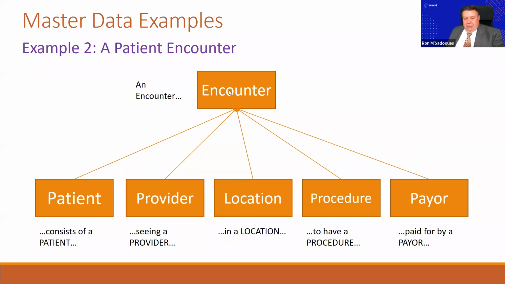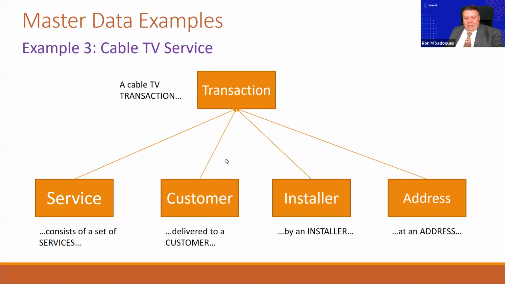Second, a patient encounter. So an encounter is a patient being seen by a provider in some location in order to have a procedure, and it's paid for by a particular payer under a certain payer plan. Next example, cable TV transaction. So Comcast, it consists of a set of services delivered to a customer by an installer at an